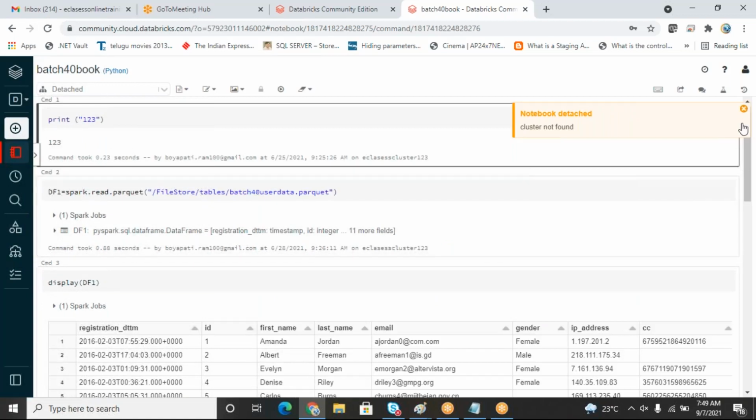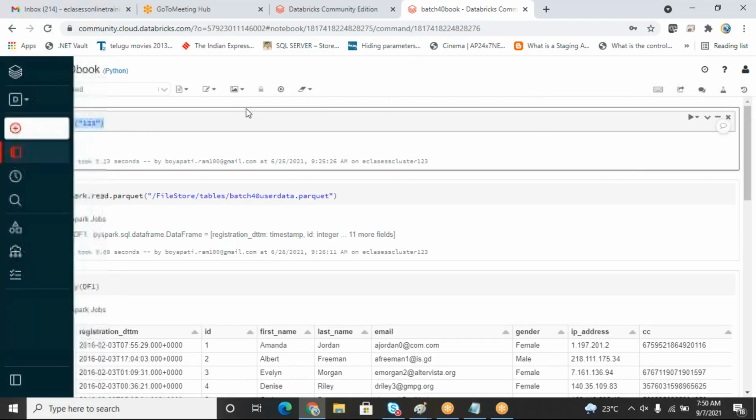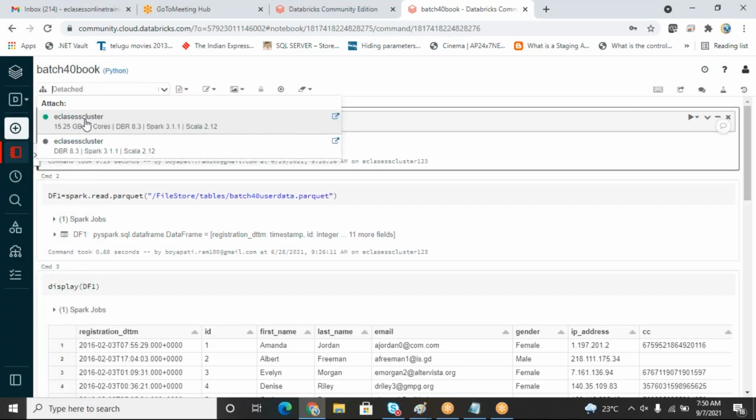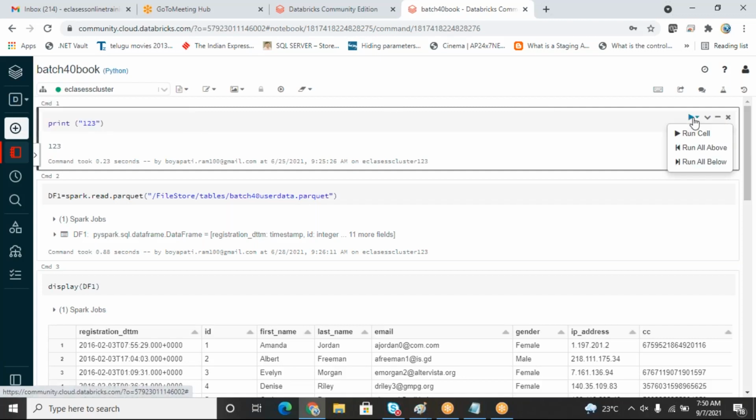All right, this is the simple notebook we are writing over here. If you want to print anything, simply write print, and in double quotes give an open and close bracket. To run this command, your notebook should definitely have a cluster. So I'm going to map a cluster over here